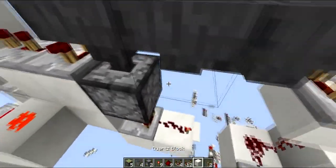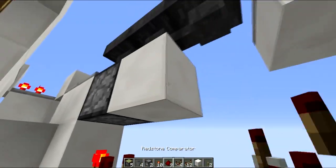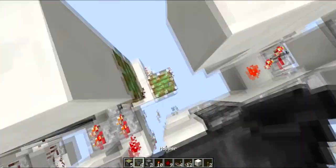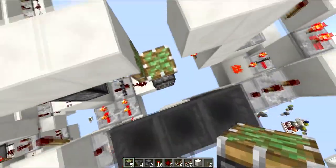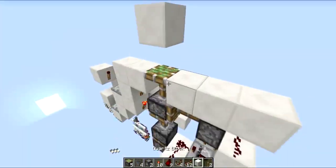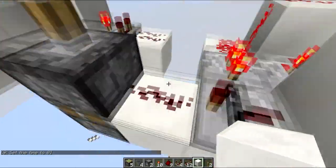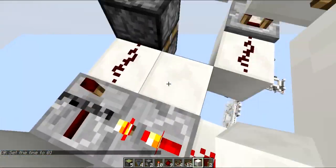Ah, that's bad. Yeah, it sends a 1-tick pulse into the piston, which spits out the block. And that shouldn't have broken anything. Make sure you don't do that. Small technical glitch there. But now, from this circuit here, you're going to place a dust coming out of there,